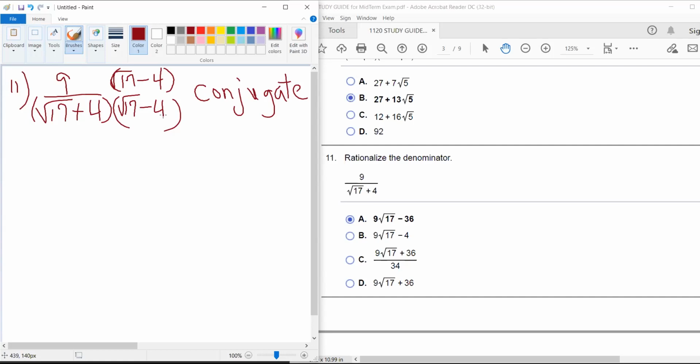Now, we don't need to distribute or multiply the top part out. We'll just leave it in factored form. Now, let me show you a neat trick to multiply the binomials at the bottom. Because we have the same terms but opposite signs,